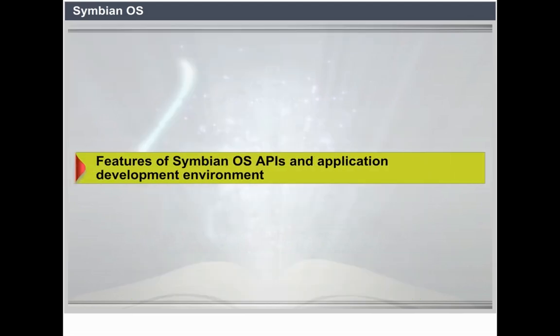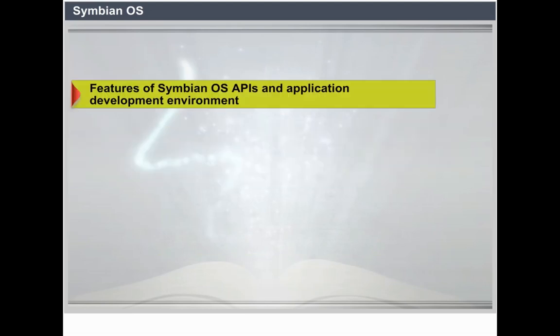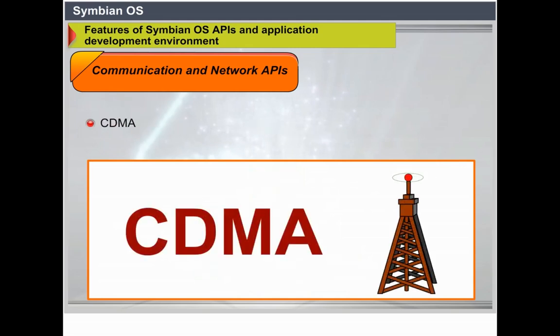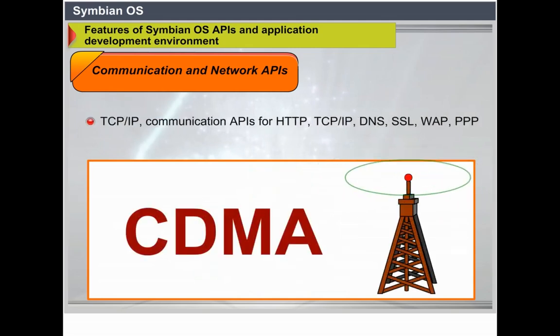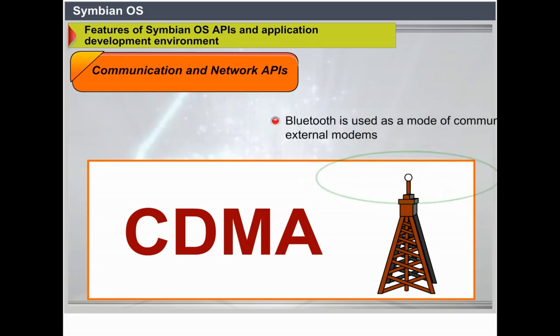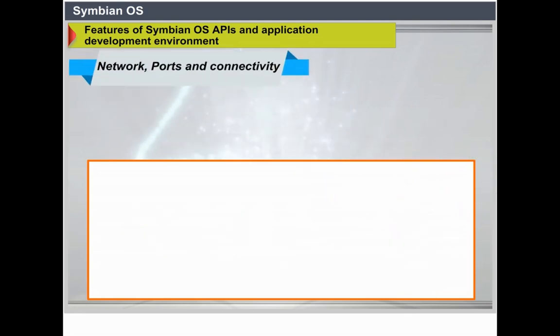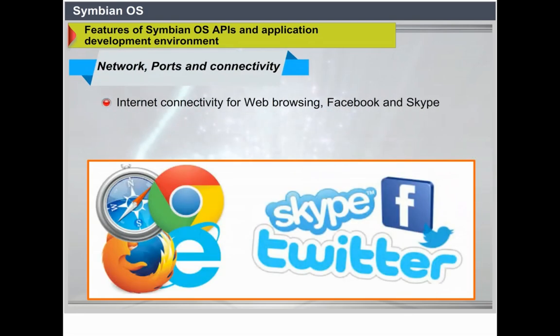Features of Symbian OS, APIs and application development environment: Communication and network APIs, WAP, Wi-Fi, CDMA, TCP/IP, communication APIs for HTTP, TCP/IP, DNS, SSL, WAP, PPP, IRDA, Bluetooth for communication with mobile phones and external modems. Network ports and connectivity: Internet connectivity for web browsing, Facebook and Skype, Java phone and integration to cellular, GSM, CDMA, GPRS phones. Intelligent network management: